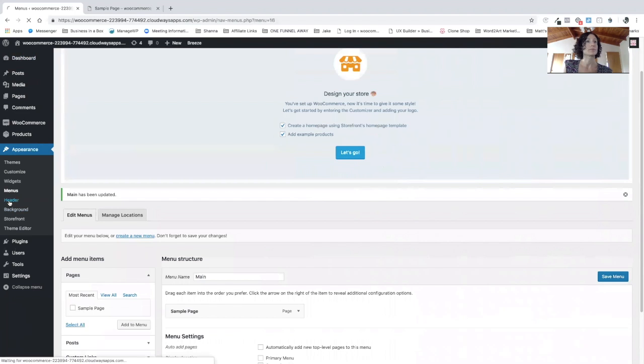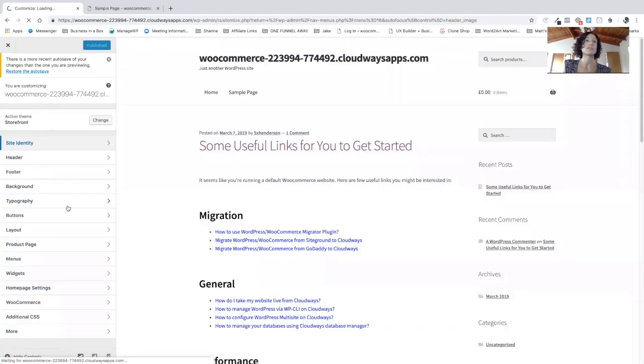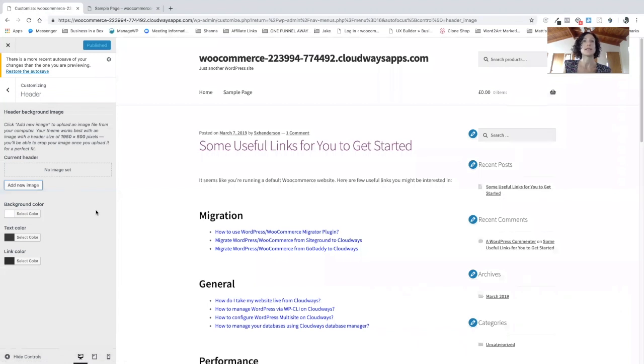Header. Okay, so we have lots of different options for our header. Not so much with the standard free theme, but once we get into Flatten, you'll see that there are lots and lots of different options for customizing your header and making it truly beautiful. But for now, just by way of demonstration, let's change this header here. This is our header. Let's change it